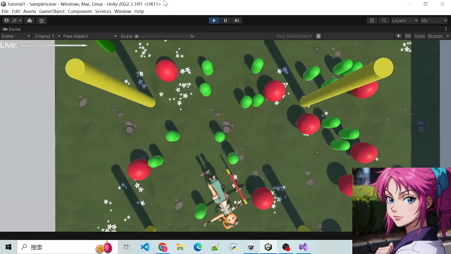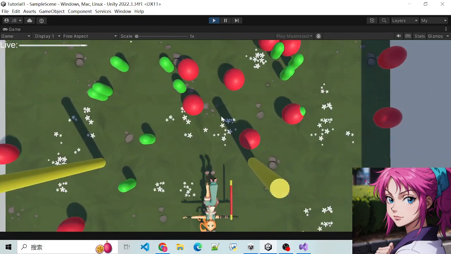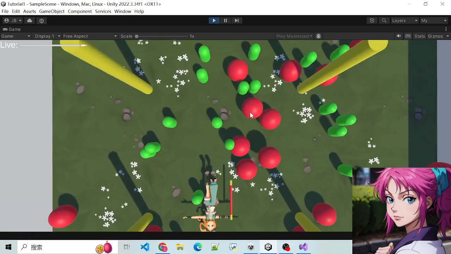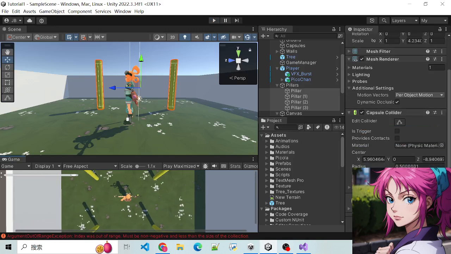Now we can see that the balls become more and more, so we don't want that many enemies. The red balls are enemies, so we don't want so many enemies. We just want to